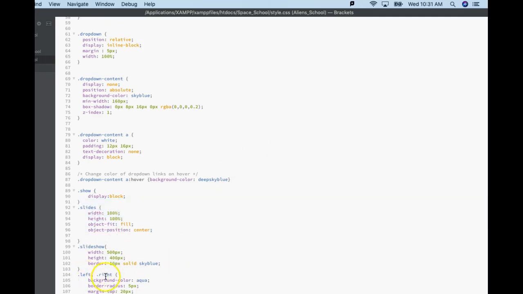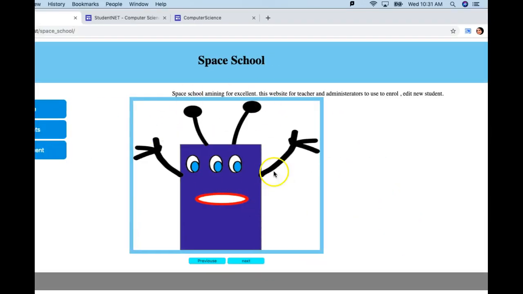And this is just the dots and the left and right buttons. So I want the color, radius, and all of this here. That's it. So now if I run it, it will look like that. So you go next, you go previous, and